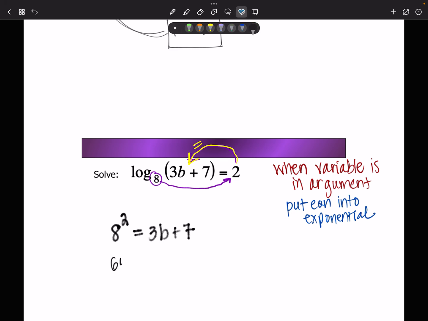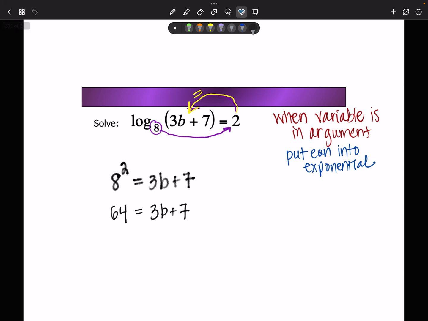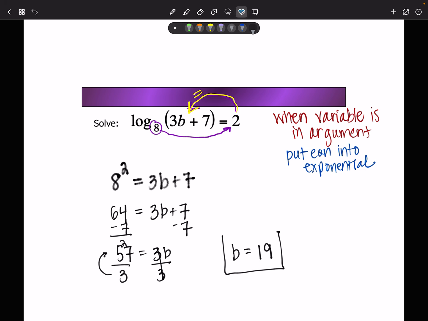8 squared is 64. We're going to subtract 7 from both sides. We get 57 equals 3b. Divide both sides by 3. 3 goes into 5 once with 2 left over, and 3 goes into 27 9 times. So b equals 19. When I take 19 and check to make sure it's not extraneous, 3 times 19 is